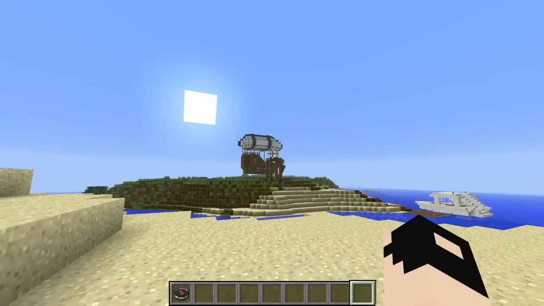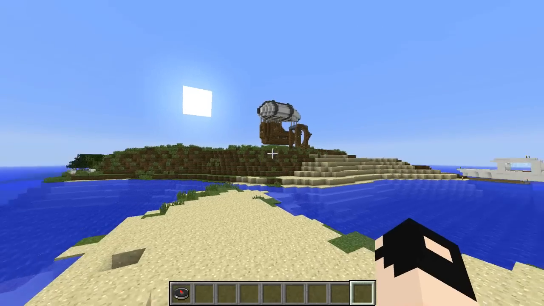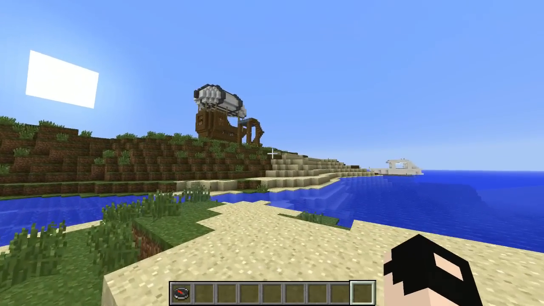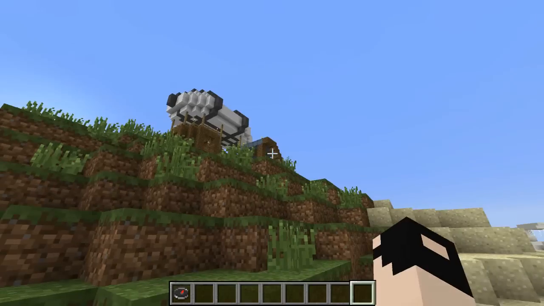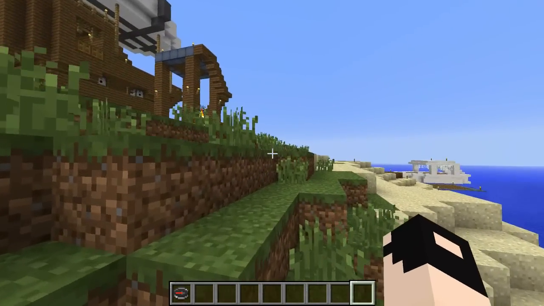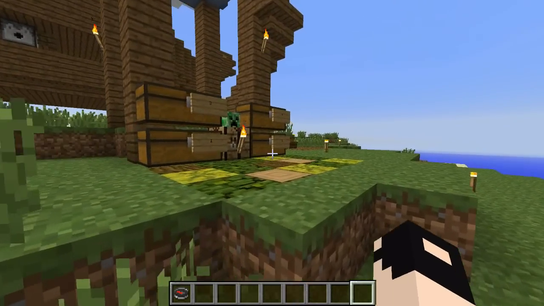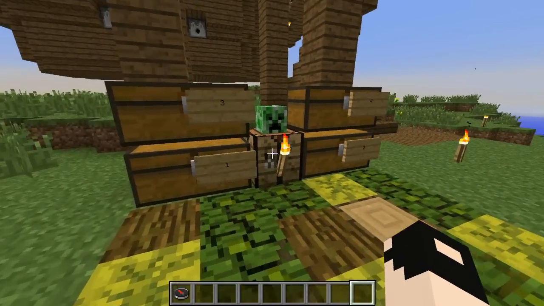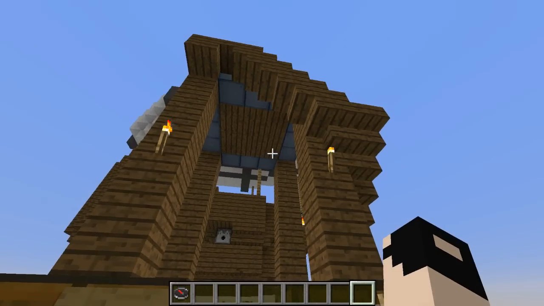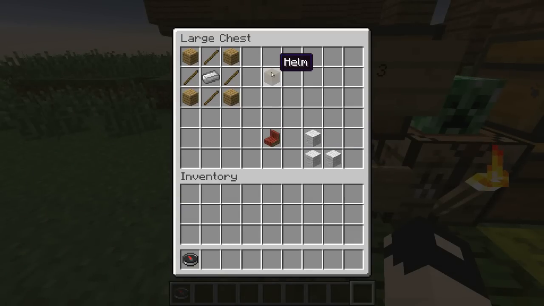But today's mod is the Archimedes mod, which basically lets you make floating airships, planes, anything that is airborne, or even a flying landmass, and also boats and anything which is water related. I'm going to start off with the crafting recipes and then move on to the actual mod and what you can do with it. So first off, we've got the helm, and you need 4 oak wood planks in the